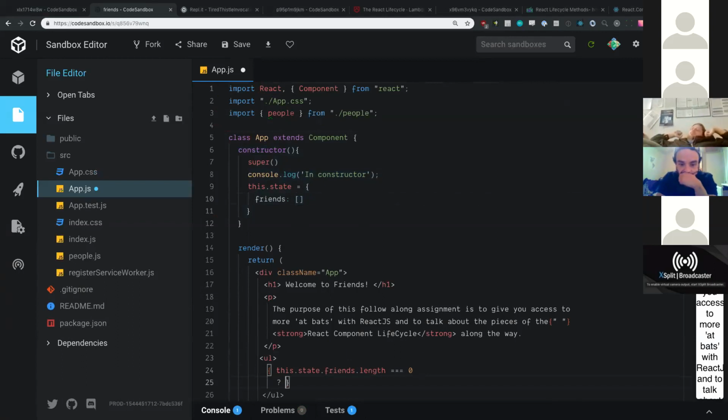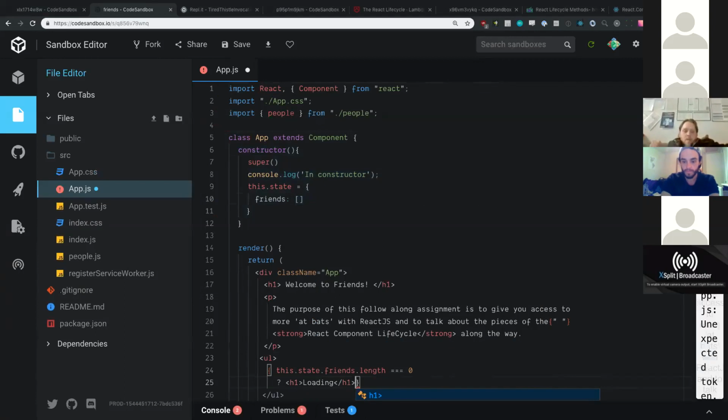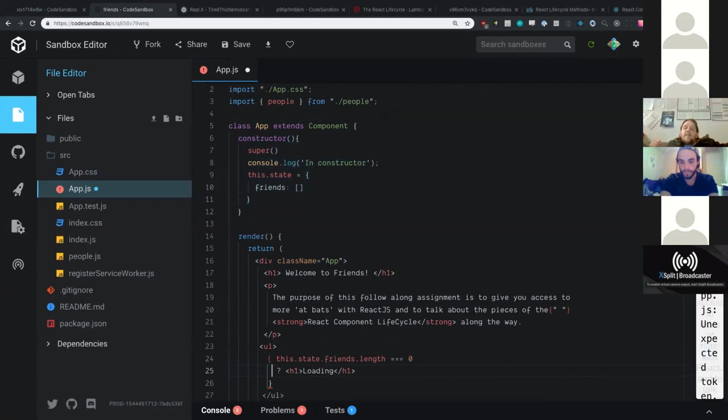So we'll say H1 loading. You might be like, well, what if you tried to load the friends and you didn't have any friends? That would be a great use case for figuring another piece of state out, but we're just going to go with, if we don't have friends, it means we're loading right now. Otherwise, what we're going to do is